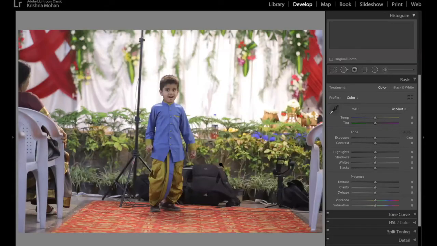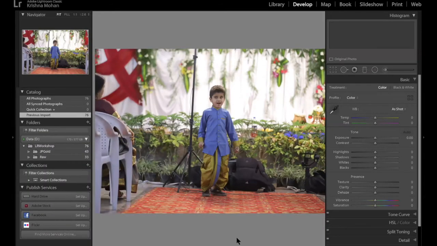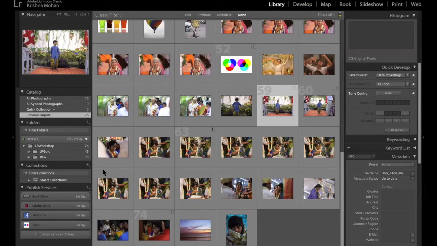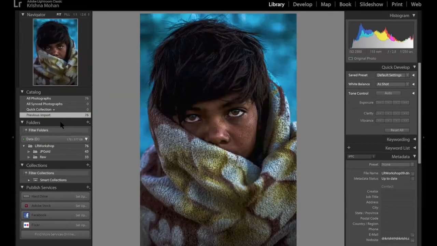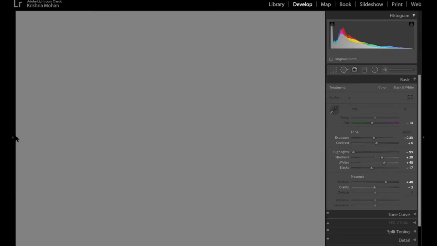How to go back to previous edit step? Okay, in Lightroom, every edit what you do, forever it is stored under the history. So you can go to the history panel. Let me show you the history panel just because that's one of the life-saving panels. So let me go back to, let's say that I have done a lot of editing here. For this, if I go under the develop module, below the preset on the left-hand side, you have a history panel.